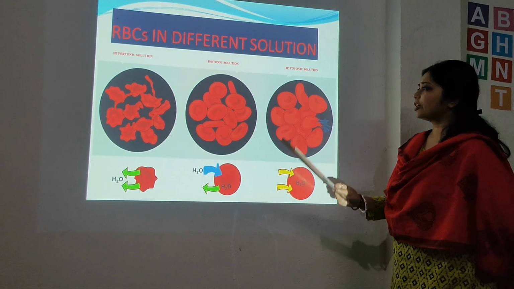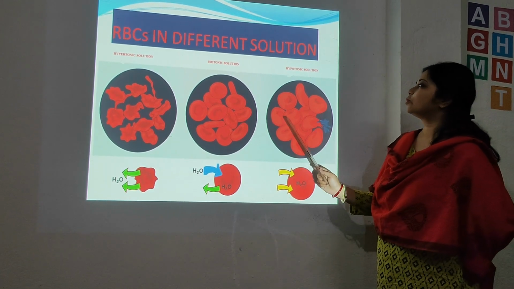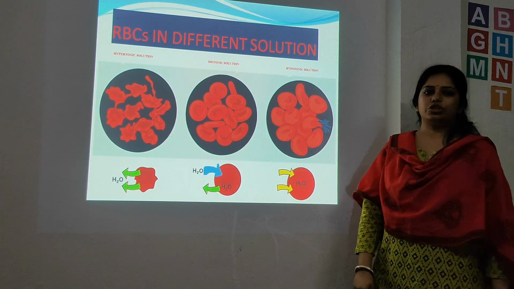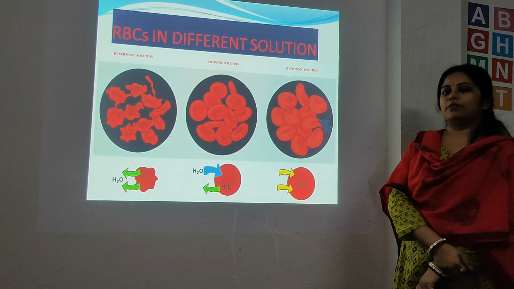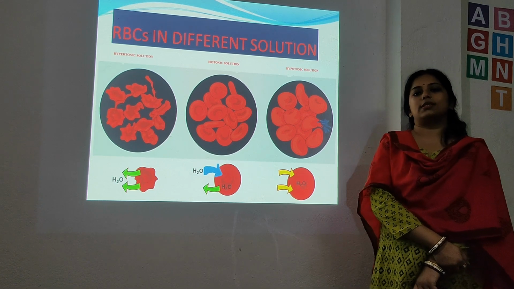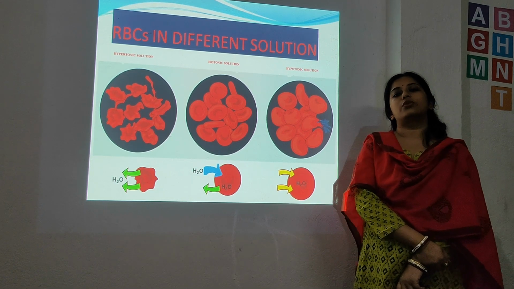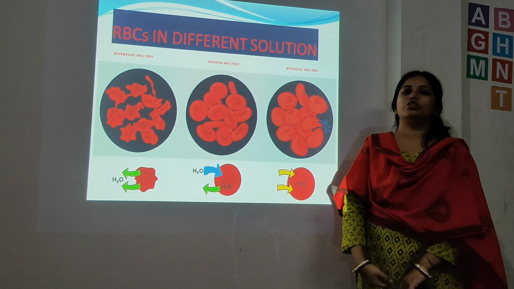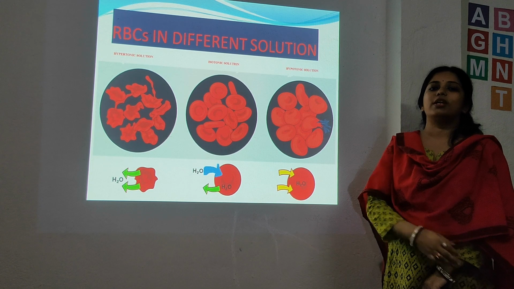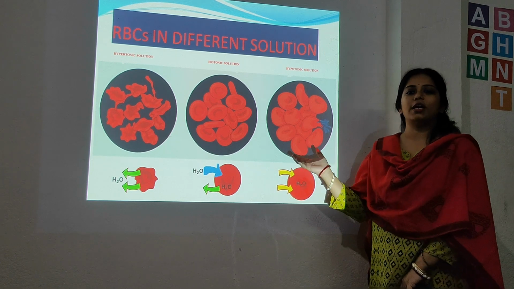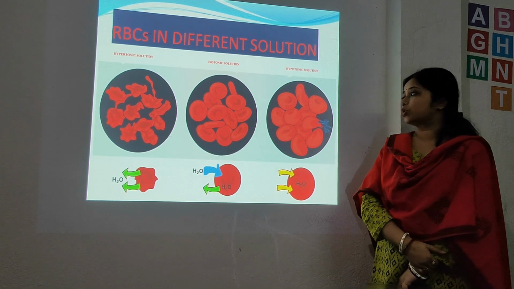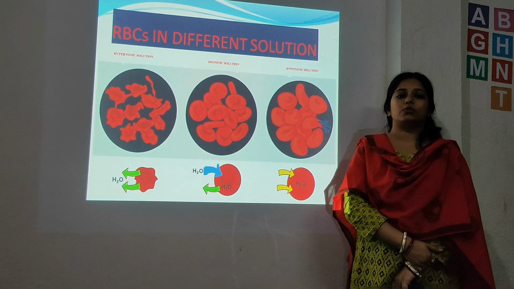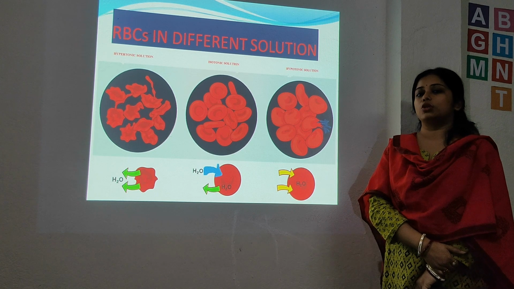So we are getting an idea about hypotonic, isotonic and hypertonic solution. Now here I want to discuss one incident: when we wash clothes for a longer period of time in soap water, our fingers shrink. We can explain this phenomenon by using the idea of these three types of solution, and the same exoosmosis and endoosmosis occur in this case also.